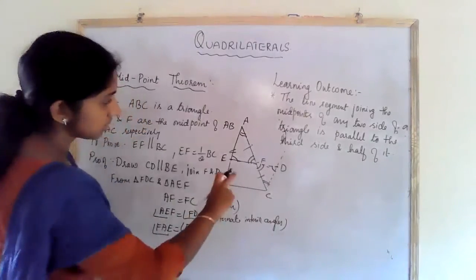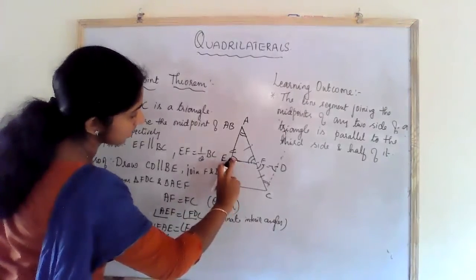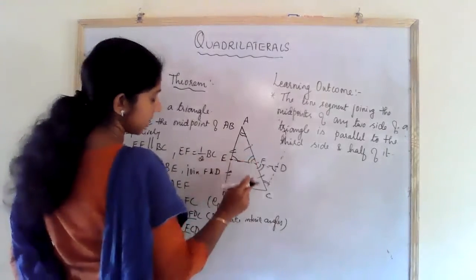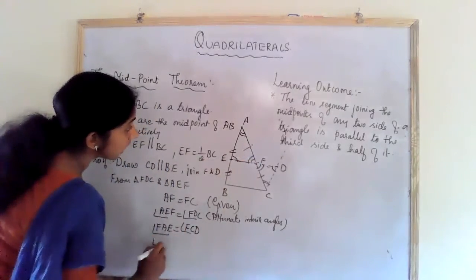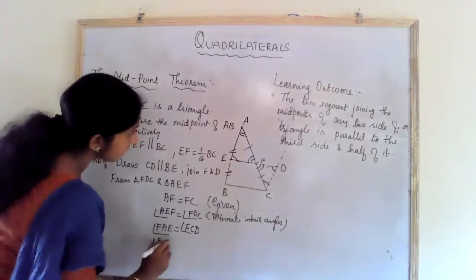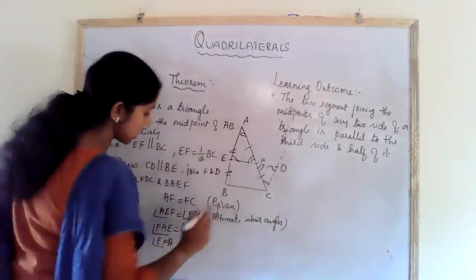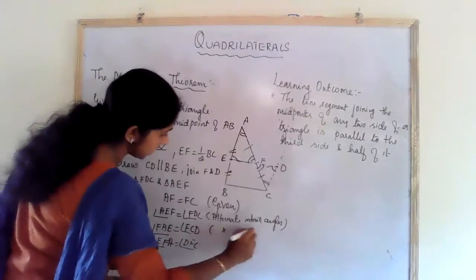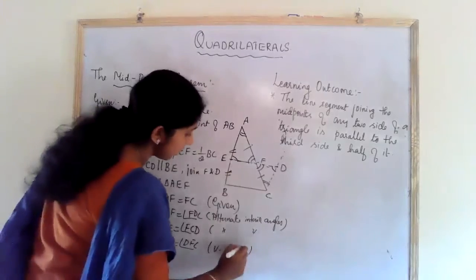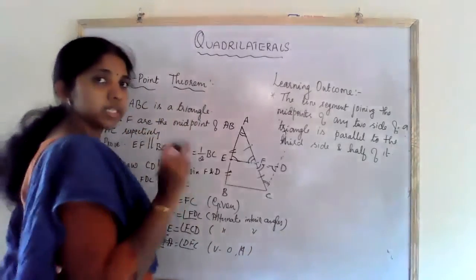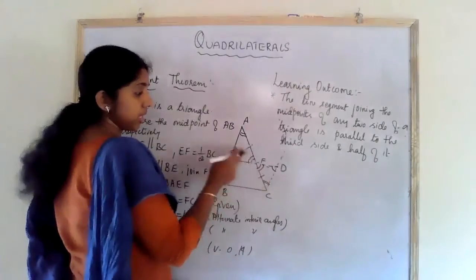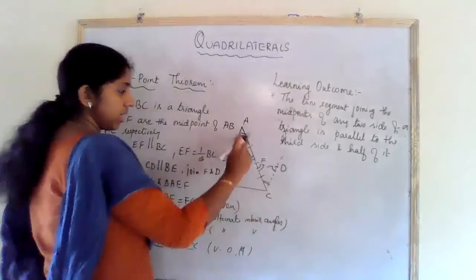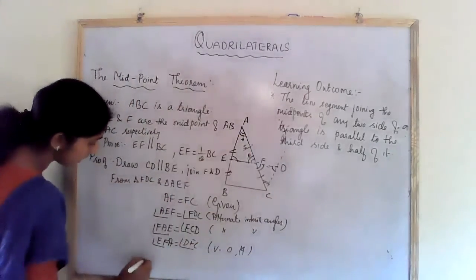So we have this angle here. You can take this angle, vertically opposite angle. This is angle EFA, which is equal to angle DFC. This is a vertically opposite angle. Now, by which congruence criterion can we prove the triangles congruent? Here it is angle, here it is side, and here we have one more angle. Therefore, by the ASA congruence rule,